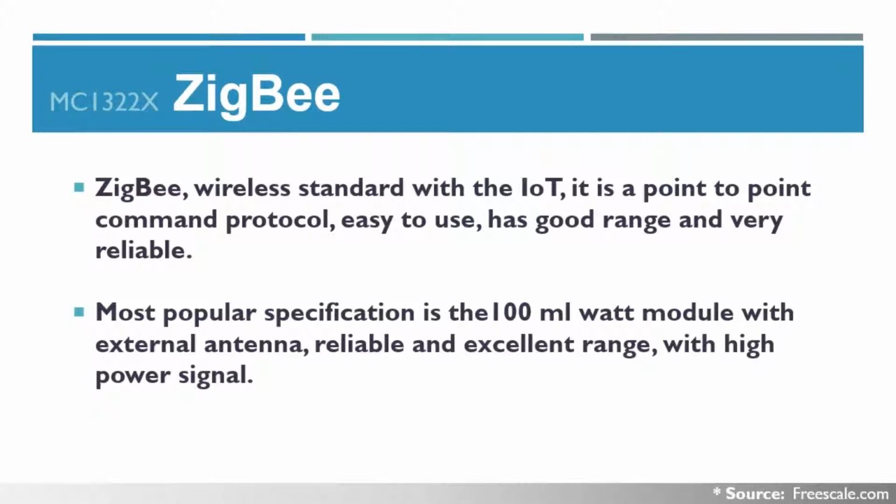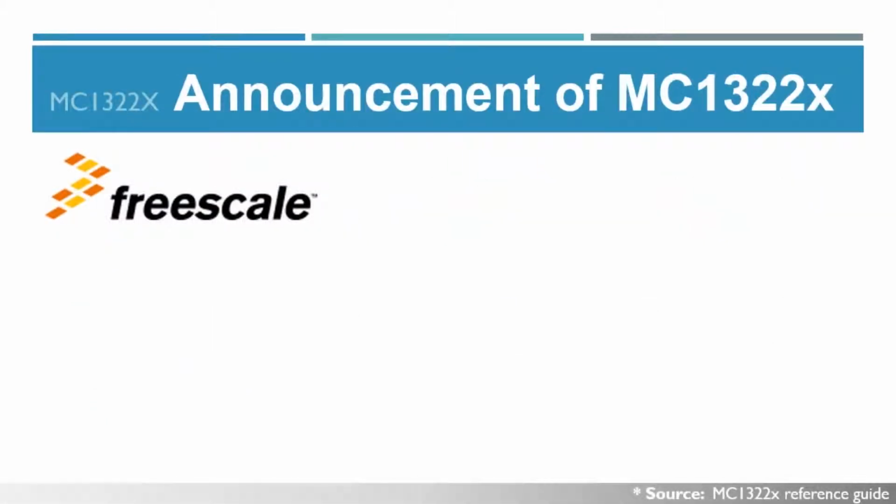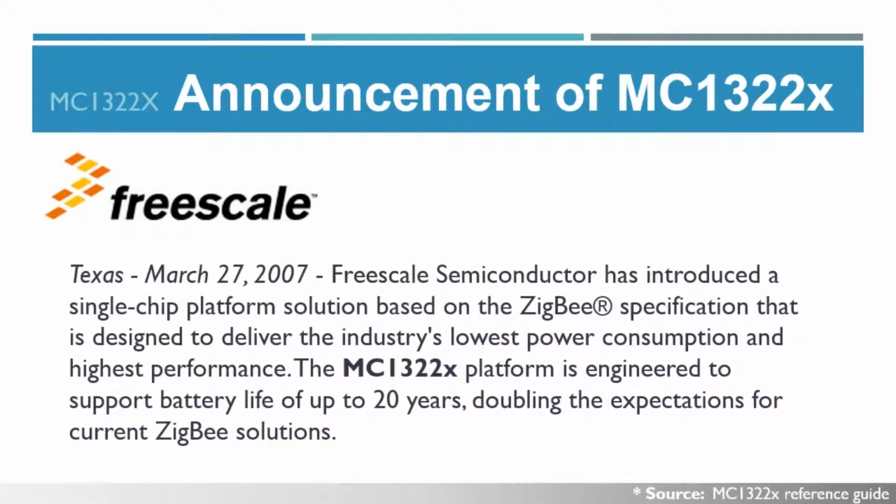Now, the announcement of the chip that we're talking about, that is the MC1322X, was done in Texas in March of 2007 by the company Freescale. Freescale Semiconductor has introduced a single chip platform solution based on the Zigbee specification we just talked about. It is designed to deliver the industry's lowest power consumption and highest performance. The MC1322X platform is engineered to support battery life of up to 20 years, doubling the expectations for current Zigbee